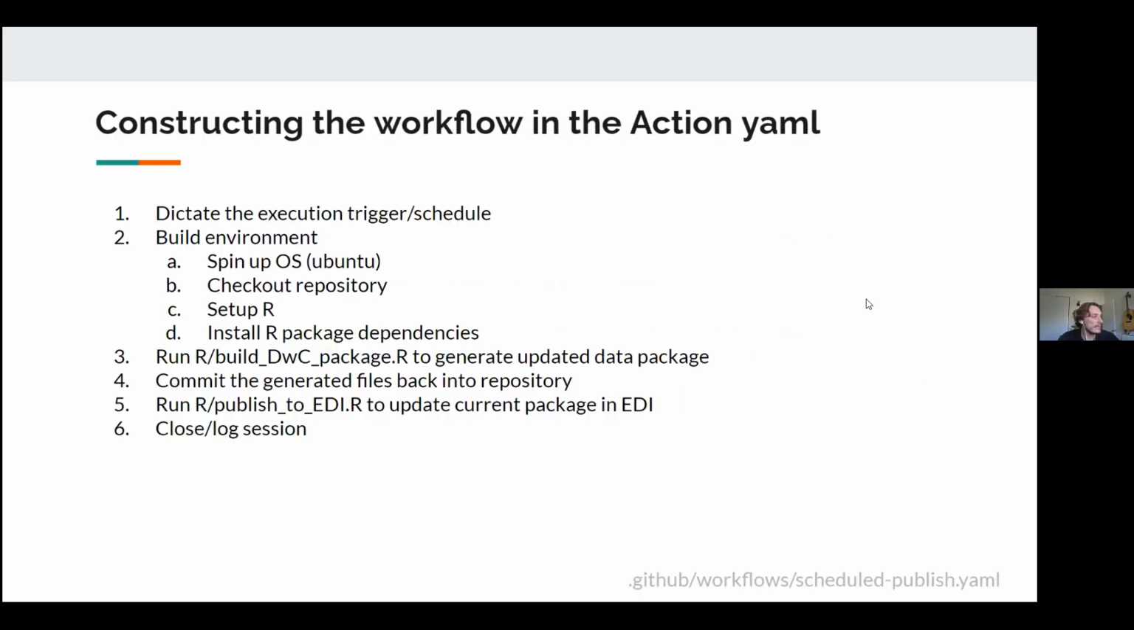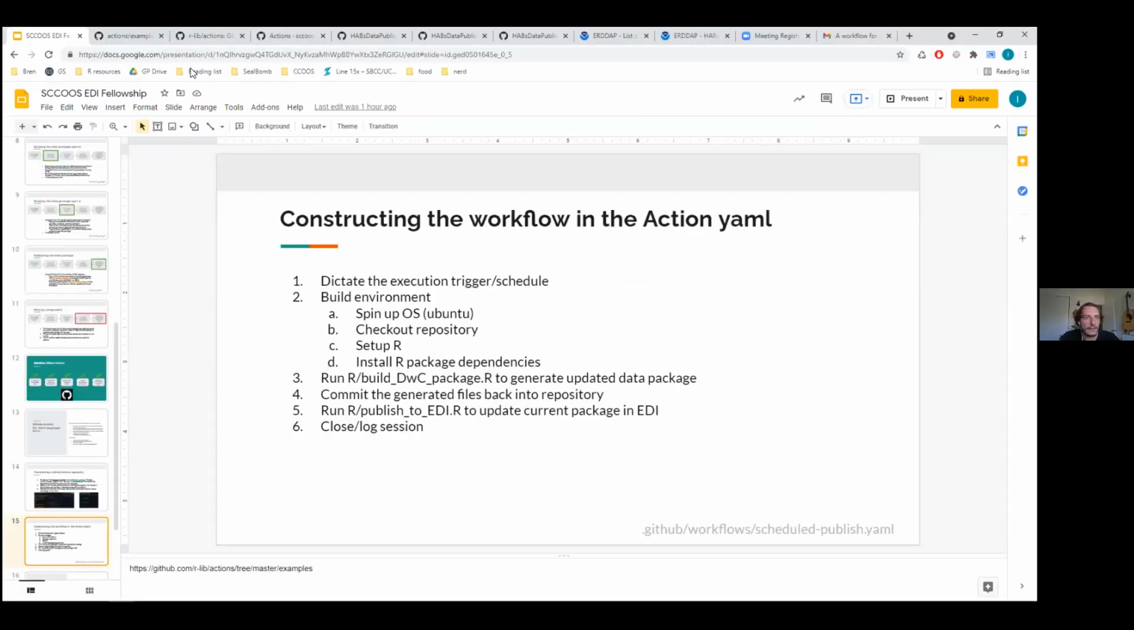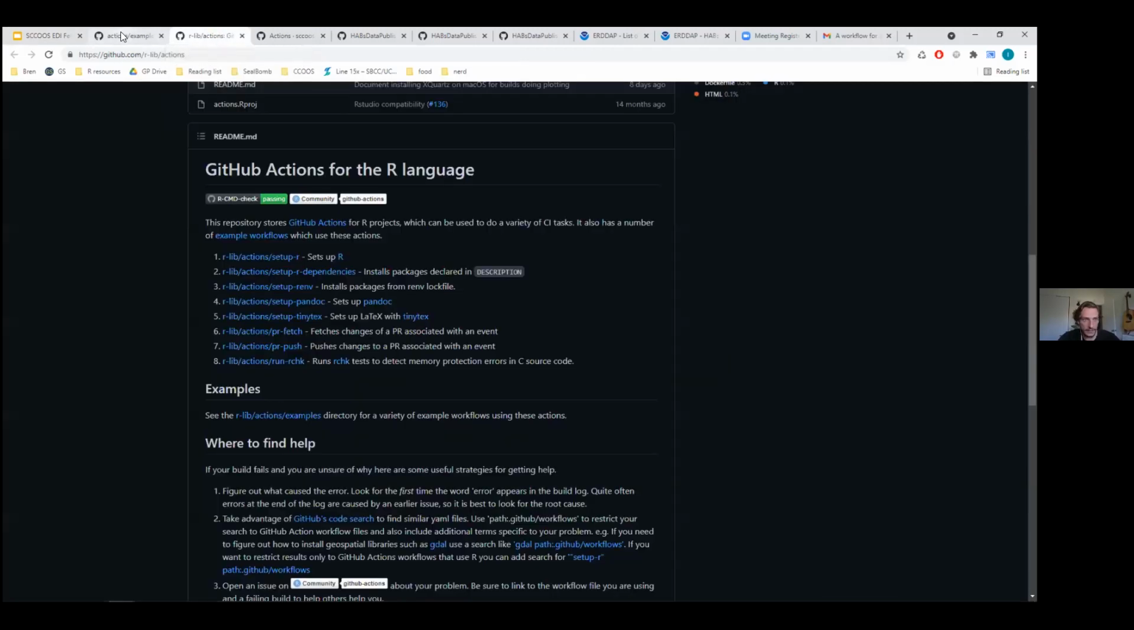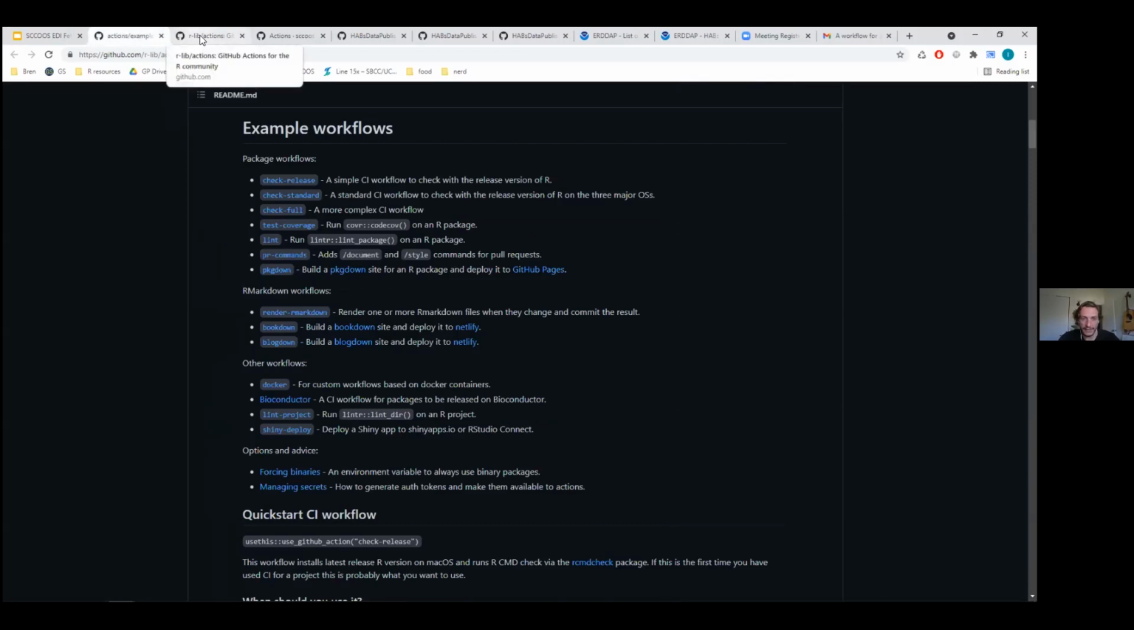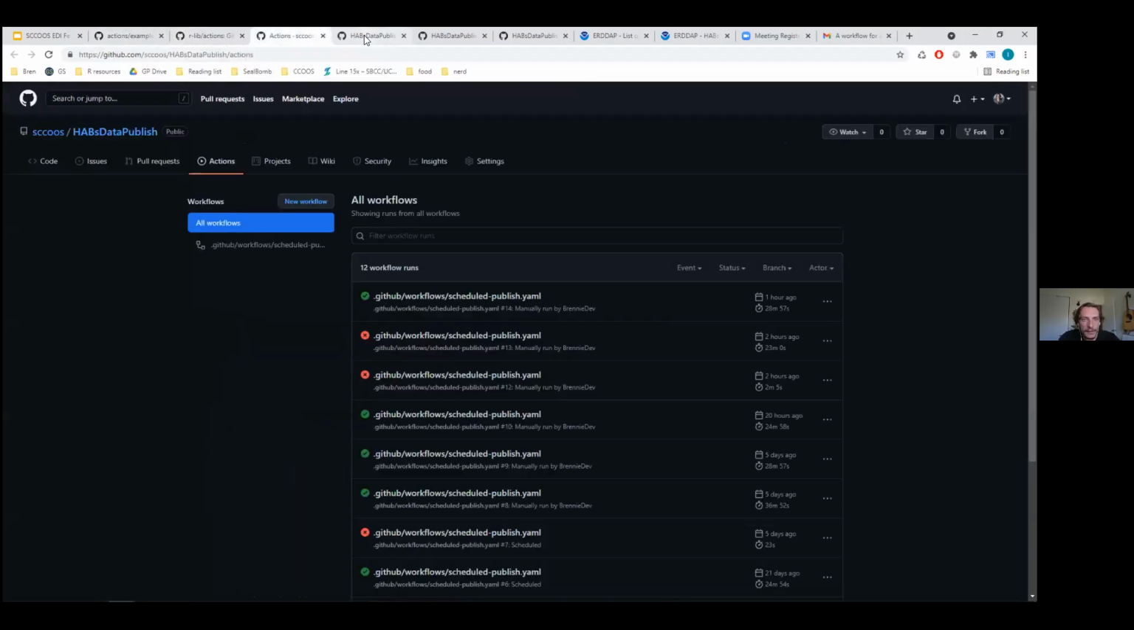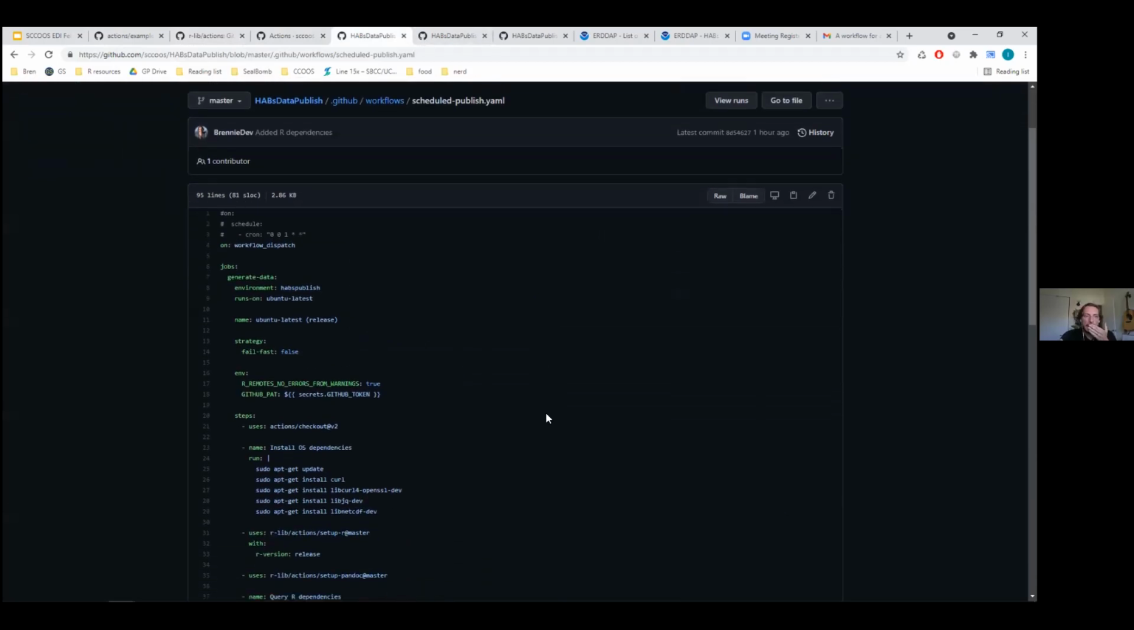So I'm going to step through the YAML file that I built. Essentially, it's just dictating each step that we need to take in order to run our scripts. I have it open somewhere. Okay, all right. So the first line here is dictating the trigger for our GitHub action